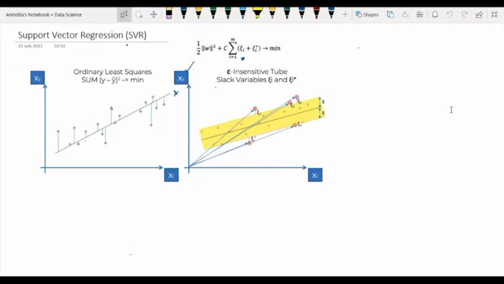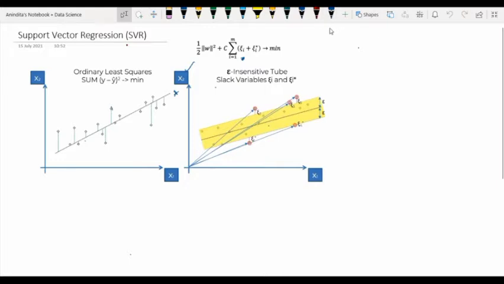So today we will start the second part of the support vector machine, that is support vector regression. If you look at these two diagrams, by explaining them together, I'm going to explain the details of support vector regression. The mechanism of support vector regression is not the same as support vector machine based classification, so here we have a lot more to discuss. Let's start with this diagram first.